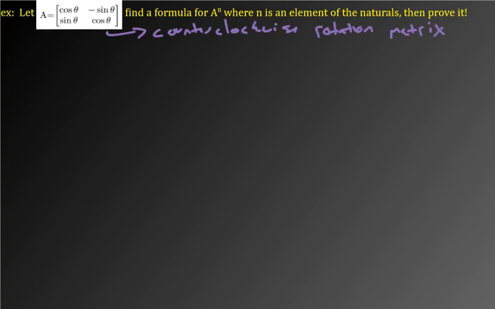And you can kind of see this. So if you plug in, let's say, an angle of 0, then I'm going to call this A sub 0. Then cosine of 0 is 1, sine of 0 is 0, negative sine of 0 is still 0, and cosine is 1. And so